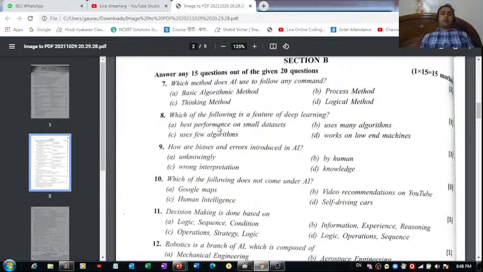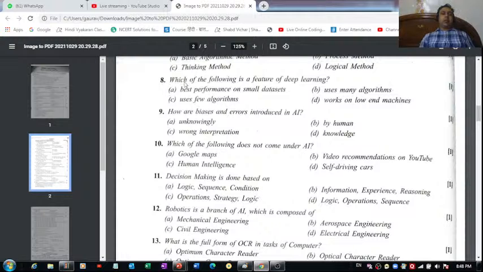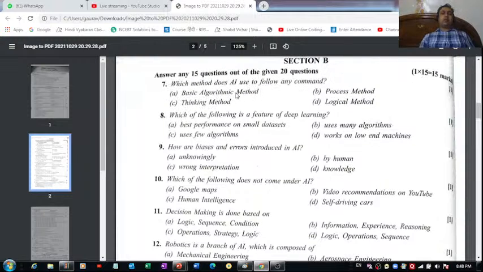If you want to design an artificially intelligent machine and you want to train that machine, suppose for analyzing some data which you have in the form of images, you will definitely make use of computer vision techniques. Those techniques refer to algorithms, right? So in the AI project cycle, we use these algorithms in the modeling stage, for training the model. So the correct answer to this one is basic algorithmic method.